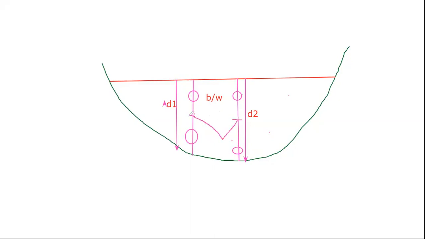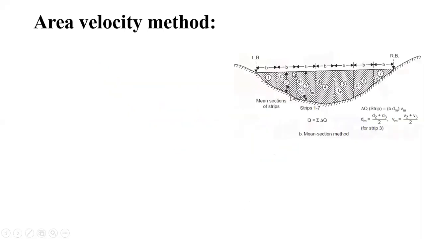that will be considered the average velocity which has been measured on the peripheries or on the extreme sides of the particular strip. Similarly, depth will be the average depth. This is a D1 and this is a D2. So average depth will be considered. So as we have taken mean of the velocities which has been measured on both the peripheries, and mean of the depths we have measured on both the peripheries, so this is considered as a mean velocity mean depth method we can say, okay। So here I have considered one sketch also, here the same one is there.